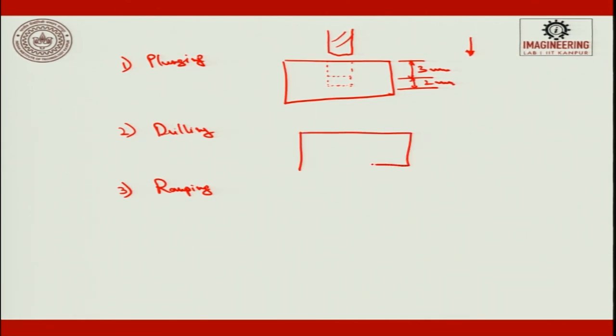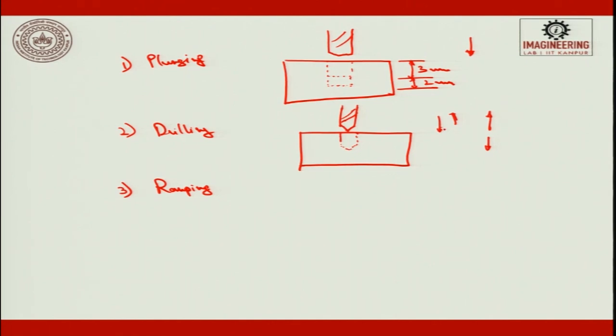What happens in drilling? It will have reciprocating movements in up and down directions. It will come down and go up. Now, in a drill we have the tip here. In the tip we have some angle, known as the lip angle or tip angle. The drill comes down and goes up.